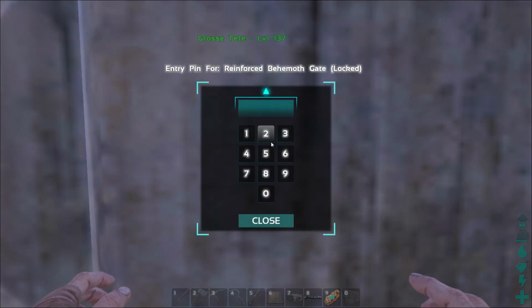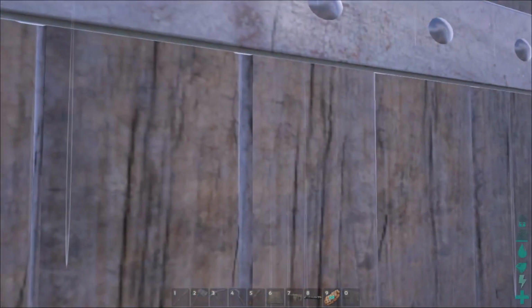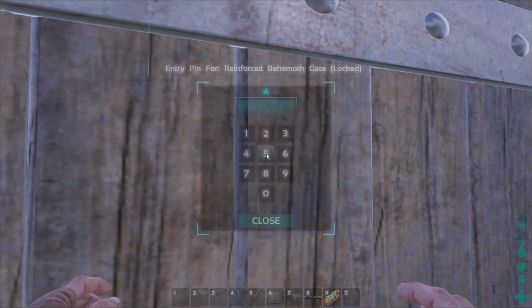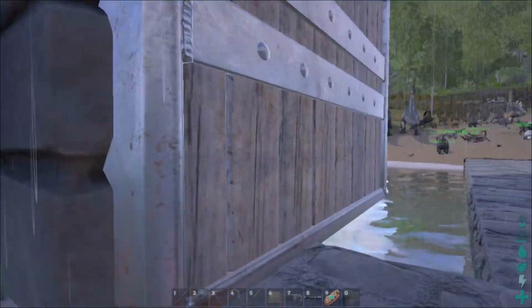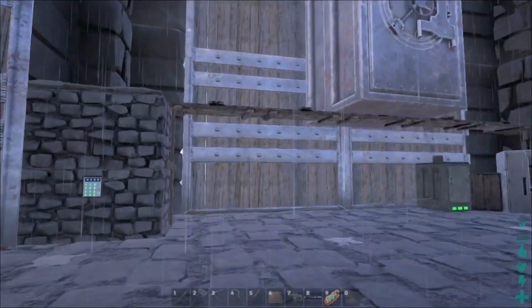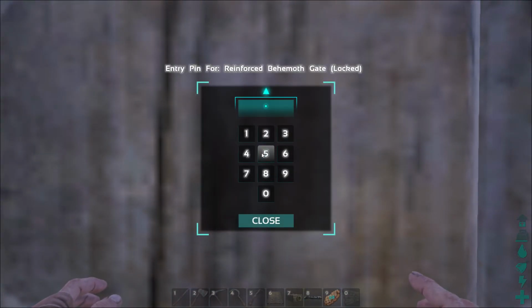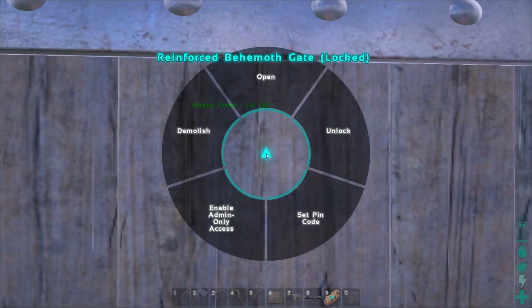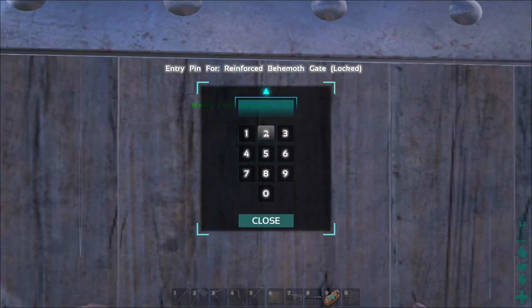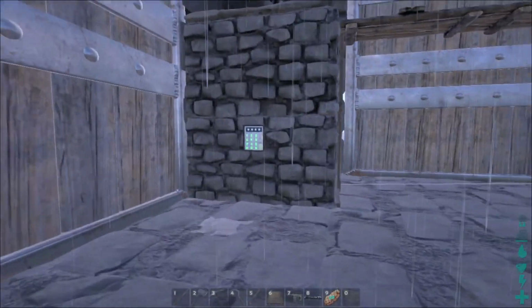Set pin code 2015. Set pin code 2015. Let's close this. Set pin code 2015. And set pin code 2015. Alright, so if we want to turn on the lights,